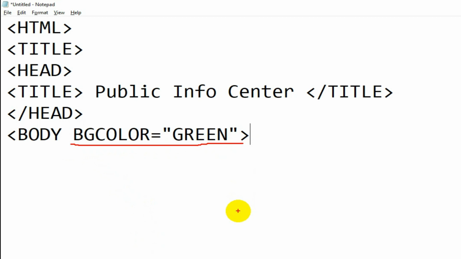And one thing you will notice here: any attribute added with any tag uses double quotation marks. Within the double quotation marks only you will write the value, and before that you write the equal to sign. The normal format is your information, then the equal to sign, then within double quotation marks your value. So this is about attributes.